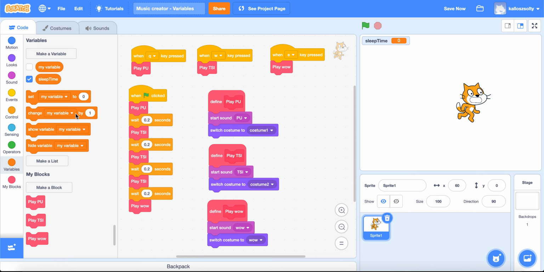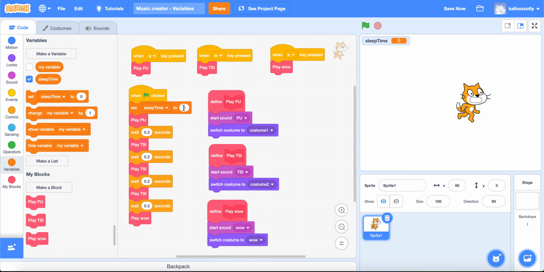So we have a command to set a variable to a value, meaning that we can set sleep time to 0.2 when we start the whole thing, and then we can refer to the variable to replace our hard-coded value. Let's drag it everywhere